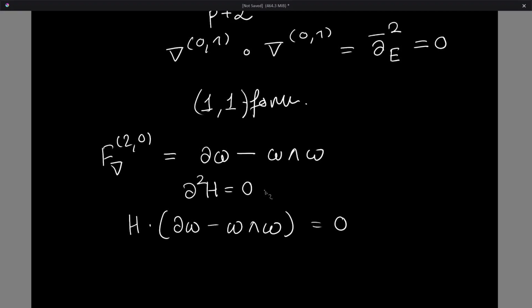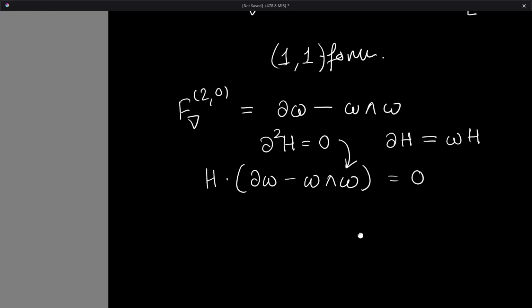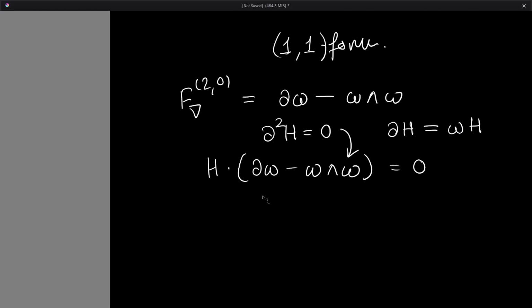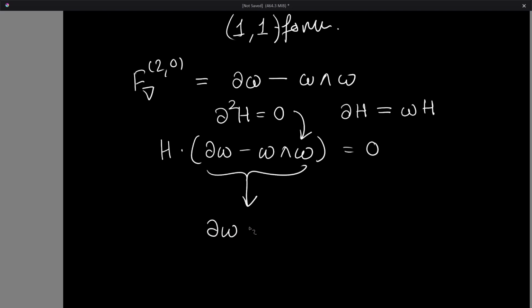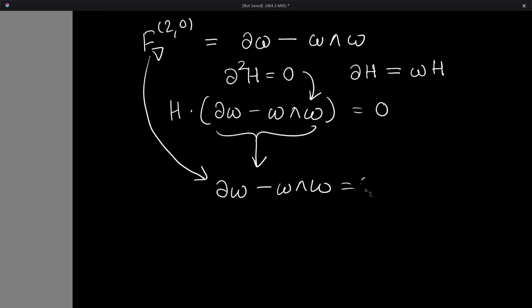And in order to get from here to there, we used this equation, partial of h is equal to omega h, and then we used the standard quadratic equation solving technique, which is we said that one of the factors has to be 0. It's not going to be this one, so therefore it has to be this one. So therefore this is equal to 0, but this is the same thing as this, so therefore that implied that f nabla 2,0 is equal to 0,